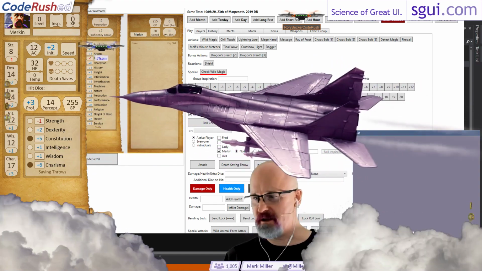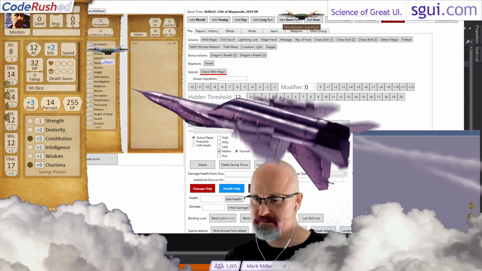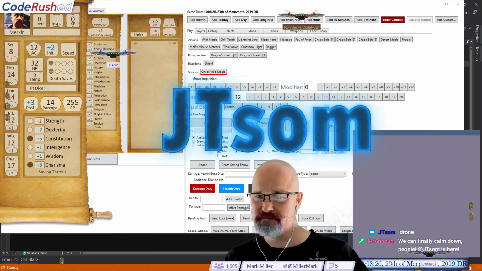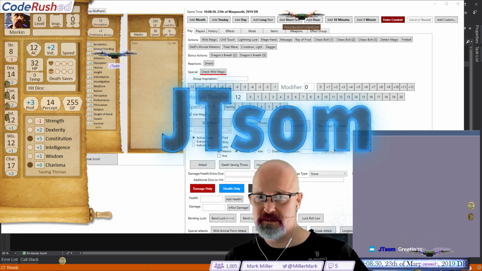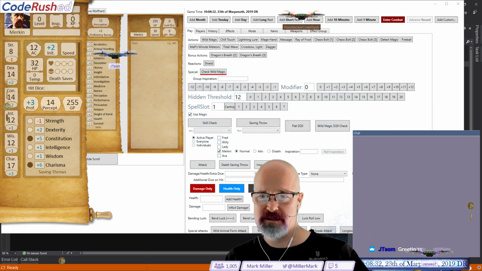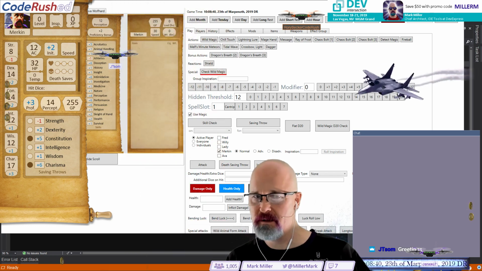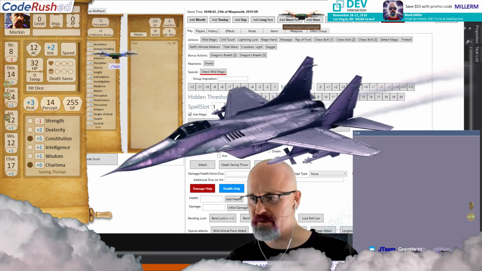I think I want to change the color of this plane. Jetsam is in the house. We'll switch that plane color here the next time we see that. Let's get a preview of it real quick. Hold on. So what do we got? Is it going to play it? Hold on. There we go. Got a little bit different one for next time.